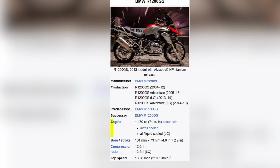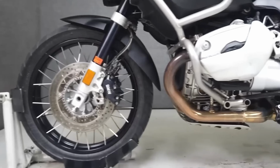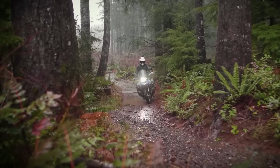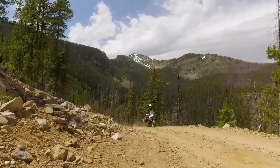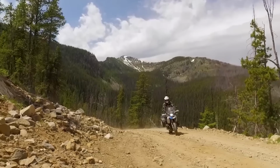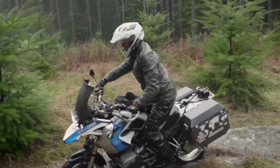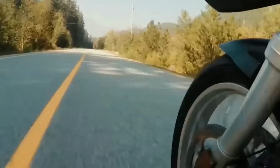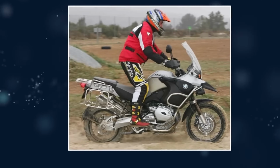At its heart is an 1170cc air and liquid-cooled boxer twin that's famously tough. This engine isn't just durable, it's engineered to be flogged across deserts, mountains, and war-torn back roads without flinching. Final drive issues were ironed out early in the model's life, and from 2008 onward, the GS became an anvil in adventure gear. The telelever front suspension virtually eliminates dive under braking, and the shaft drive is low maintenance and